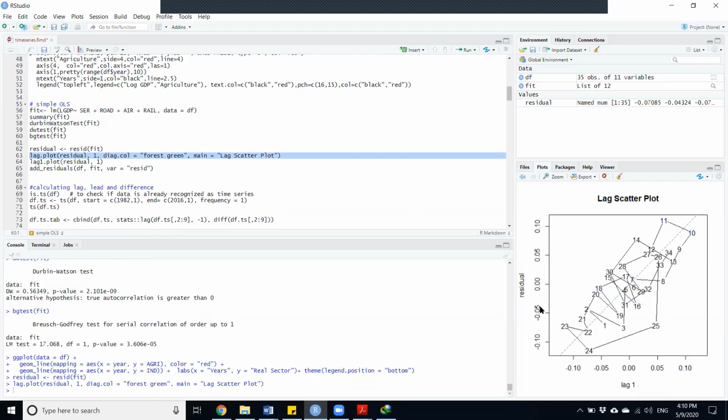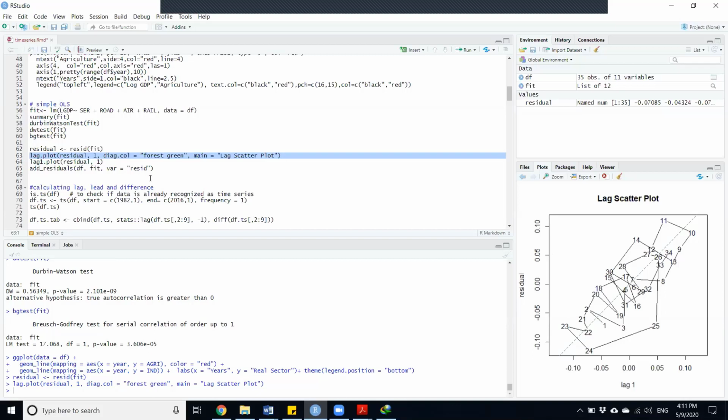You can see here the residuals and the one-period lagged residuals. If you see the scatter plot, it's positively sloped. It means past lag residuals are positively correlated with present residuals. Ideally it should be horizontal. So this confirms that there is autocorrelation.